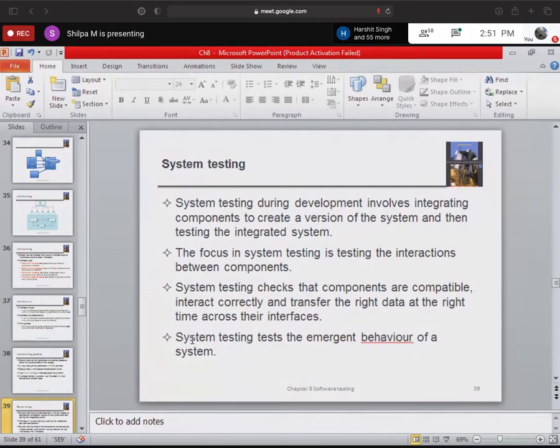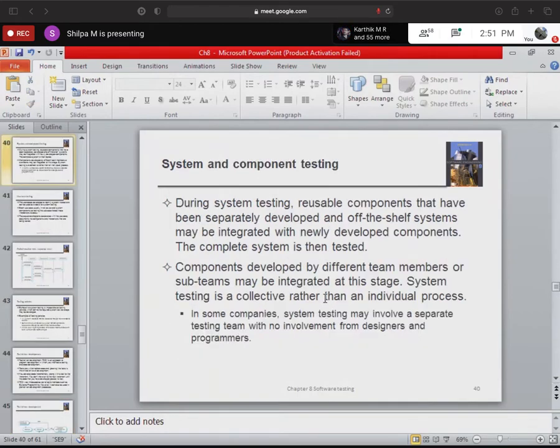See, basically, it is an extension of component testing. In component testing, you tested only between two components within a system. In system testing, it involves testing all the components together. When it is integrated, it involves testing a complete set of components. I will give you an example here.